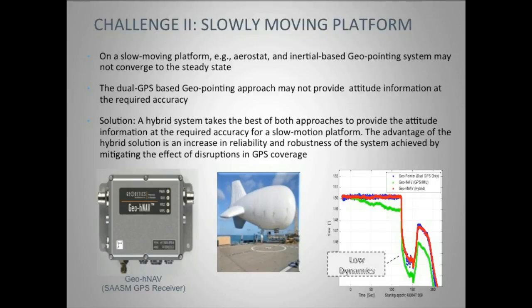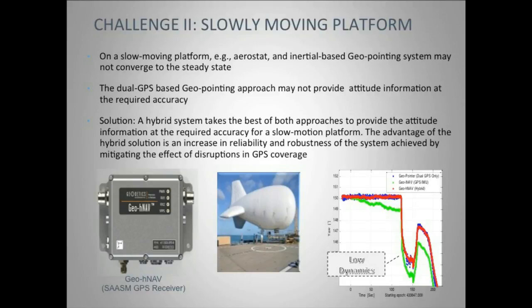But what you see a little bit later on, about 3/4 of the way through the run, you start getting some bad points, and that could be because of occlusions to the satellites or airframe masking and things like that that cause bad points to creep in. The inertial solution is the green solution there, and you can see that that doesn't give you an accurate heading immediately. There's actually convergence time that has to occur,